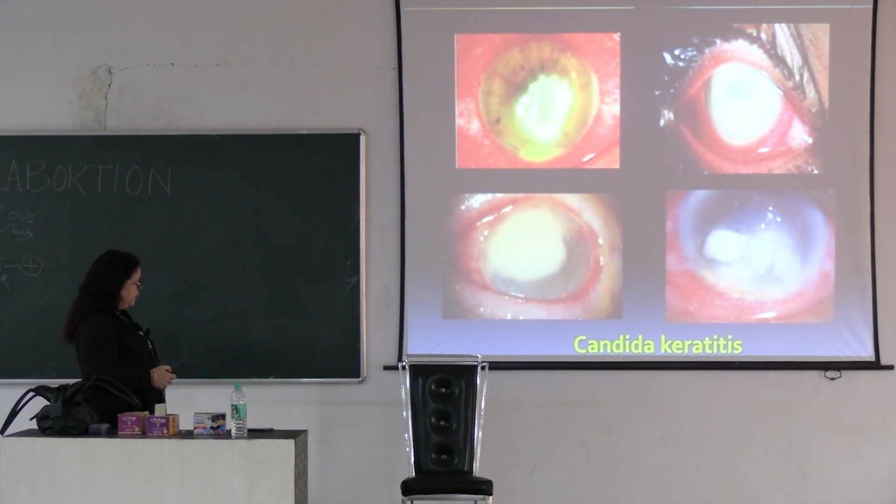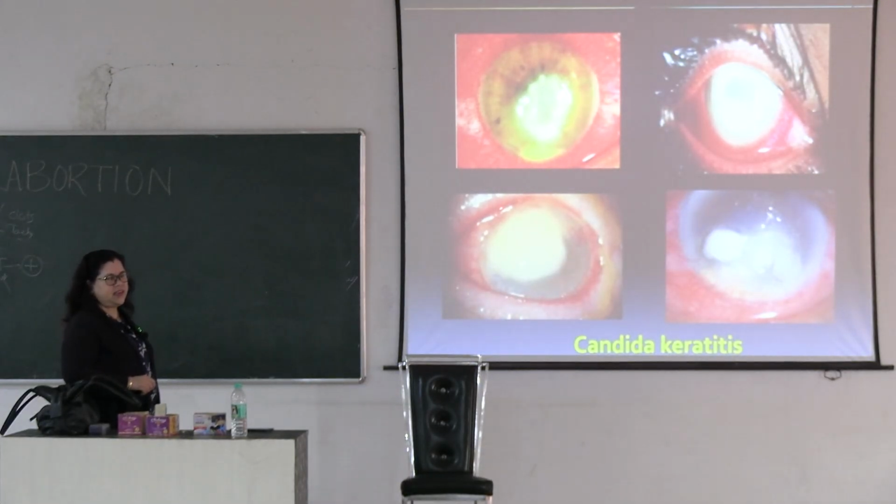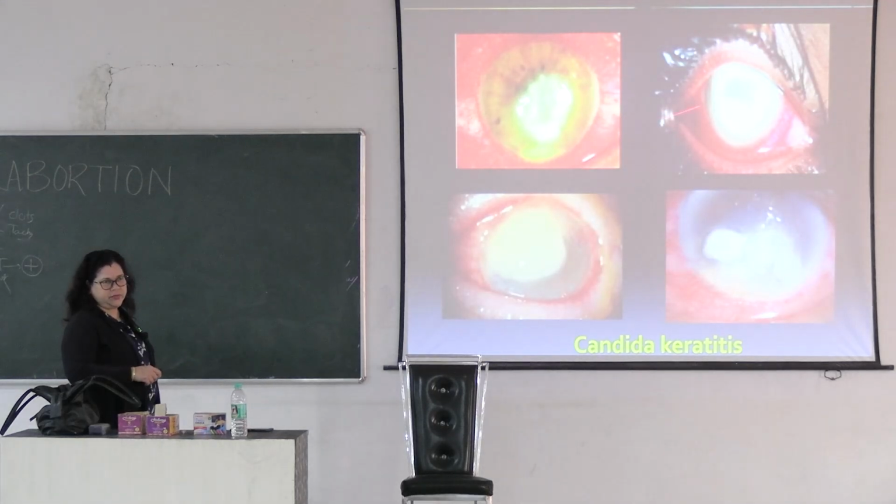Then this is Candida keratitis. Here it involves the deeper layers and is yellowish white in color like bacterial keratitis, and it may also be associated with hypopyon. Here, hypopyon is present. What is hypopyon? When pus is present in the anterior chamber, that is called hypopyon. It may be of two types, sterile and unsterile. If secondary bacterial infection occurs, that is unsterile, and if uveitis is associated with the corneal ulcer, that is also unsterile.